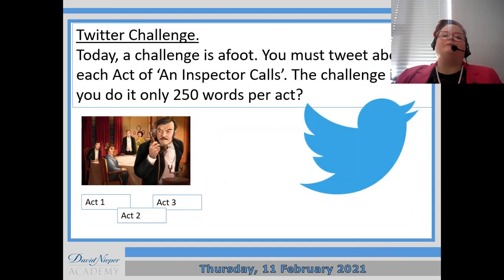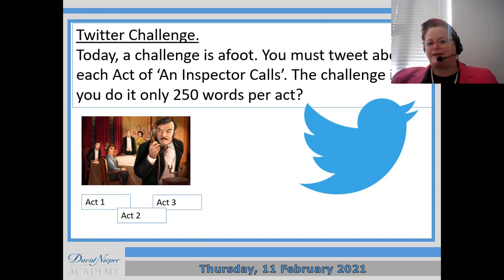Okay, good. So today is a fairly simple, straightforward thing. What I want you to do is write me a summary of each of the 3 acts, okay? But you're going to do that a bit like a tweet, okay? So if you were on Twitter, you only have 250 words in your tweet, basically. I know they've removed that recently, but for the purposes of today, I want you to not go over 250